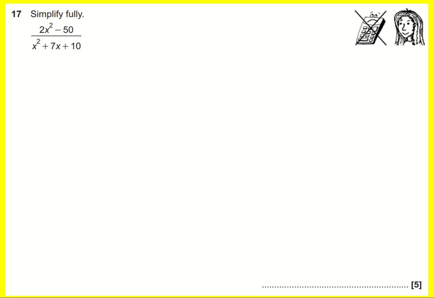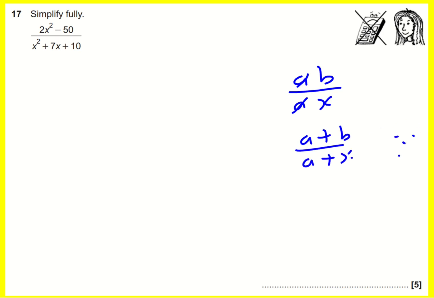We're being asked to simplify algebraic fractions here, and what you cannot do is start just crossing off x squared. That is complete nonsense. You can cancel things out when they're being multiplied. So if you had ab over ax, yes, you can cancel out the a's to leave you b over x. But if you had a plus b over a plus x, then sorry, that is as simple as